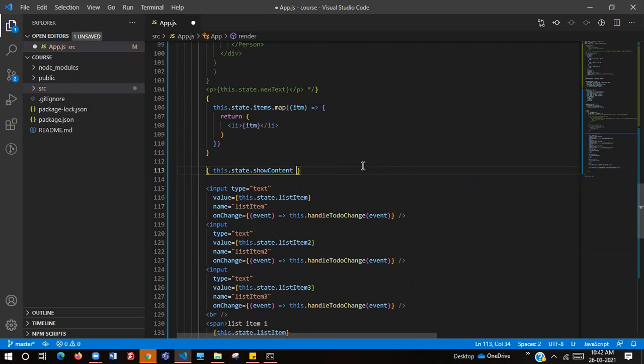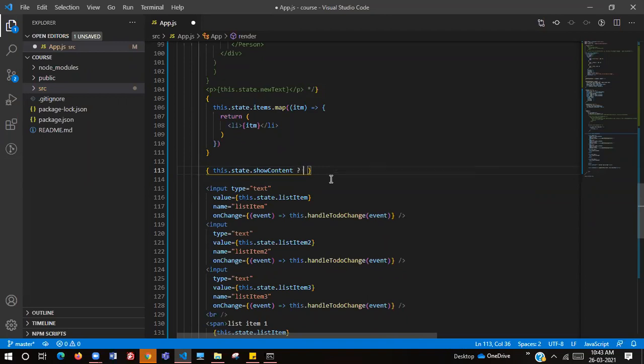Basically we can write if and else blocks, and based on that show the JSX. If this.state.showContent is true, we do this.